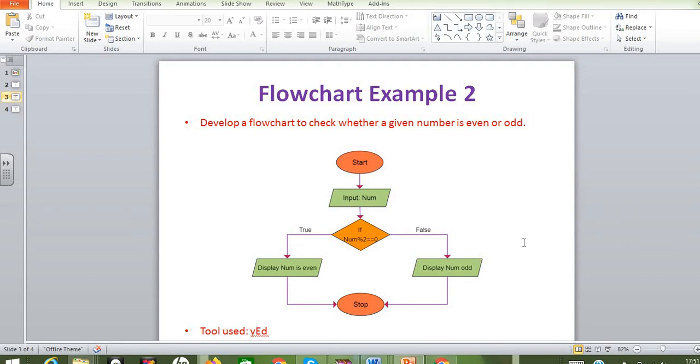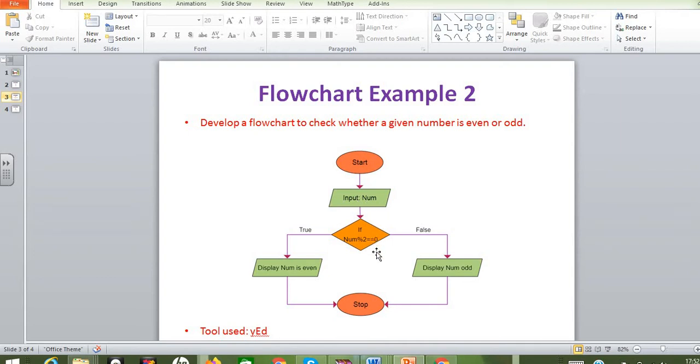Okay, so next we have flowchart. Here I have drawn for another problem. So the problem is whether a given number is even or odd. Again, here we need to think how many number of inputs required for this and what will be the output, right? So here I am going to check the number, only one number I am going to check whether that particular number is an even number or an odd number, right? So for that I need only one input. So I am getting the input from the user. So I am taking the variable as num, right?